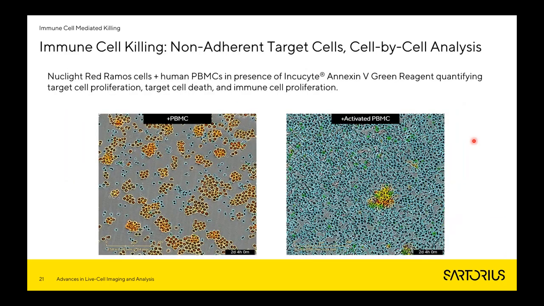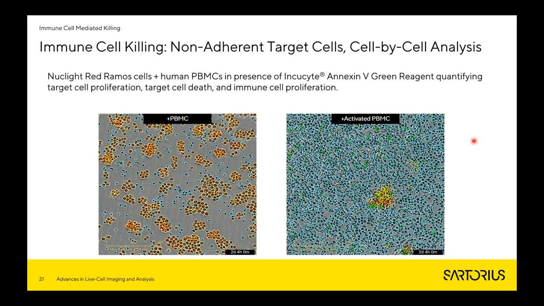So I'm now going to look at a non-adherent immune cell killing assay. Now it's a common misconception of suspension cells that they are free floating within a well. This isn't the case. This is typically a function of us moving the plate from the incubator to the microscope stage to then look at our cells. But if you leave your non-adherent cells in the incubator or in the IncuSight, they will typically float to the bottom of the well and sediment there, and then will remain in a consistent focal plane through the course of